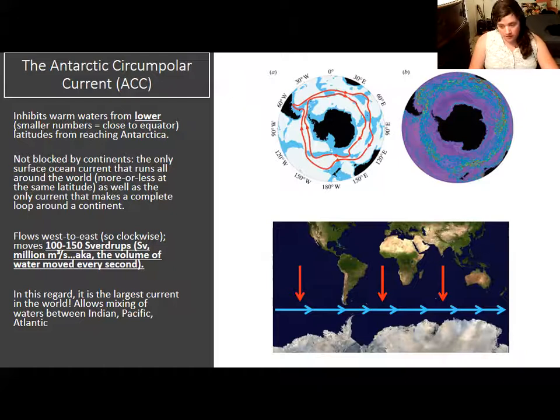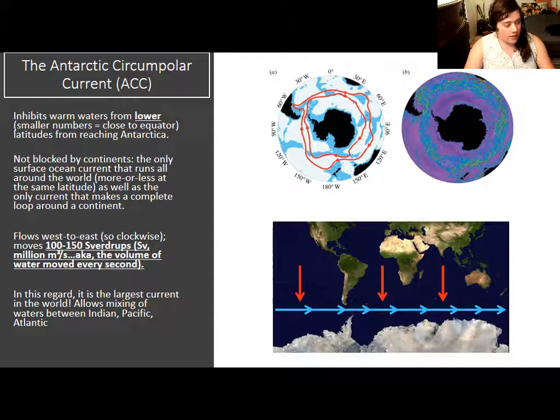What this means, however, is that a current has developed around the entire continent, moving water rapidly and being essentially uninterrupted. There is a vortex of seawater moving clockwise around Antarctica. It is cold water, and it's very hard for any warm water from more temperate latitudes to mix with that. In the diagram below, you just see that any warmer water kind of just gets blocked out.